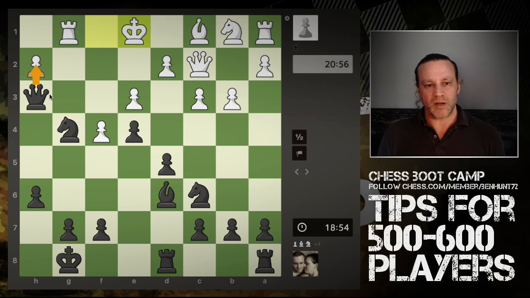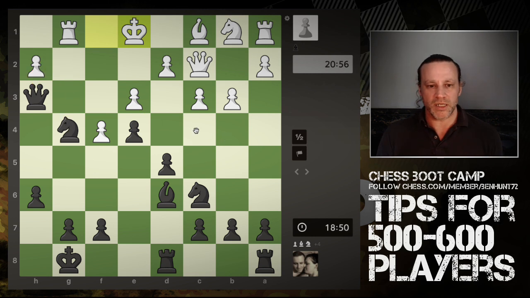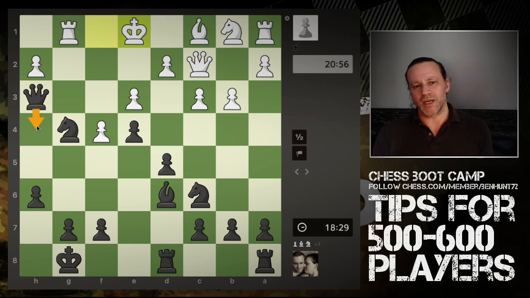Okay, so now I could grab the pawn with my queen, or I could grab the pawn with my knight. I could give another check. That's another idea. Can't bring my dark squared bishop into the attack right now because white has all these dark squared pawns. My knight also can't come to here or here because of those pawns. So I'm thinking maybe queen h4 check might be